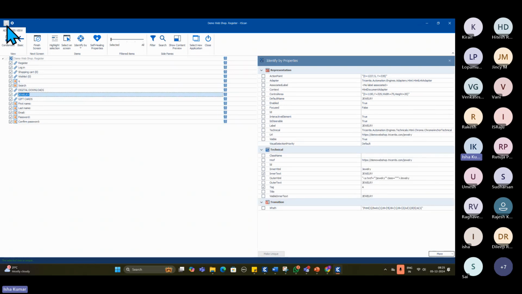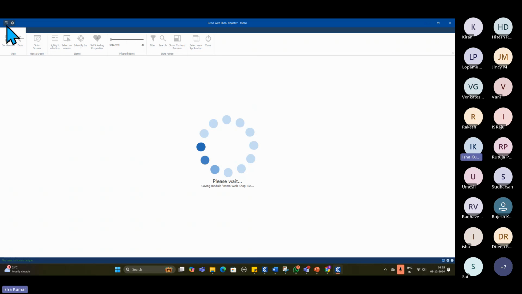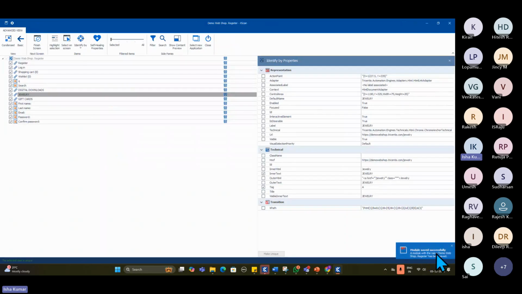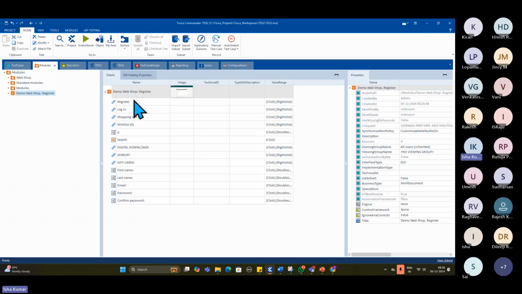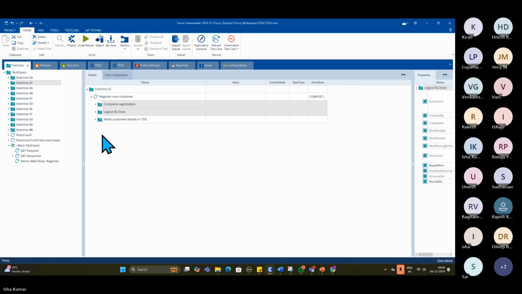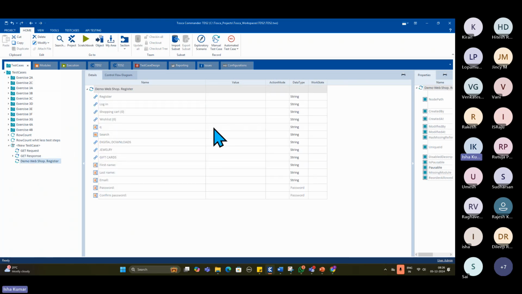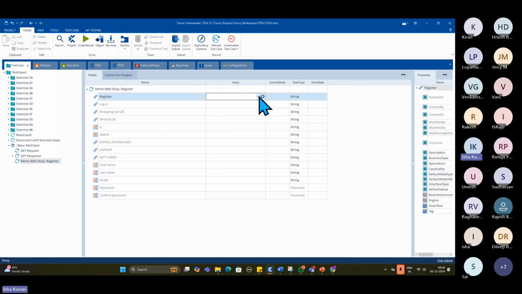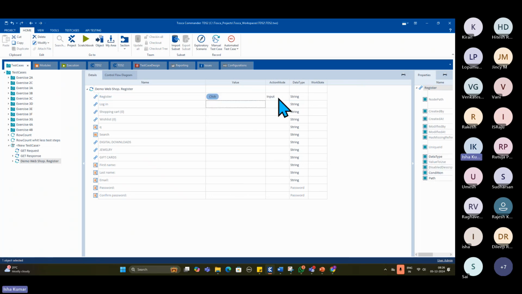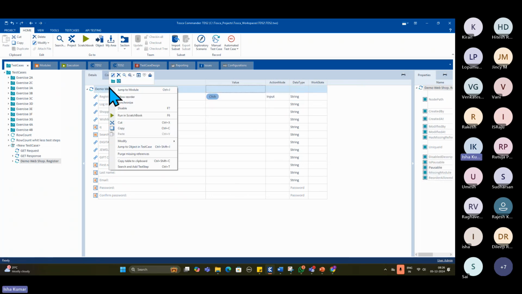And you simply save it. Once I save it, I get a message saying that module saved successfully, and the name is also given to us. I can simply close this, and now I could see this module being created here. Once the module is created, I just have to drag and drop it onto my test case, where I have to click on this. I'll select this and give the input test. Now if I run this,